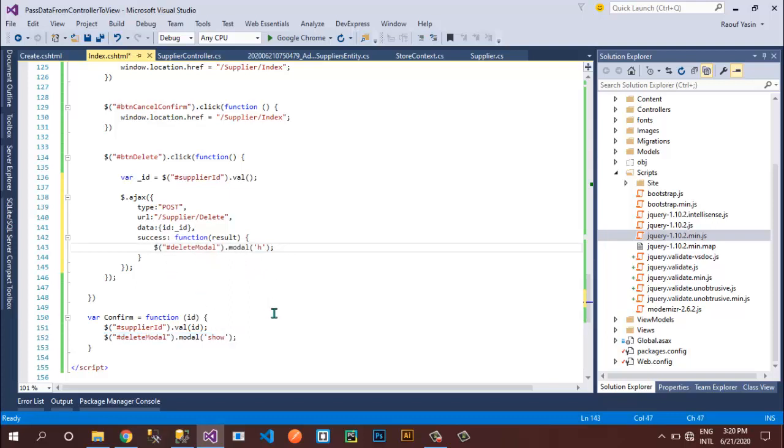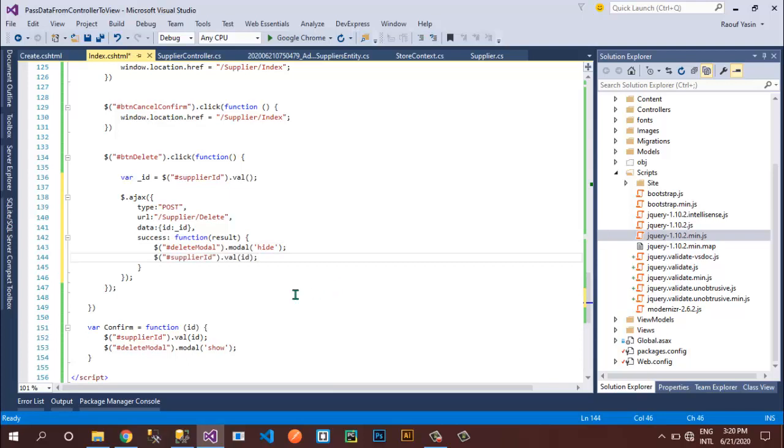I can simply hide this one, and I can also change the value of my hidden field. So I'll also reset its value, and instead of this ID I will set null. Perfect. My hidden field is also set to null. The modal will disappear by using this hide function.